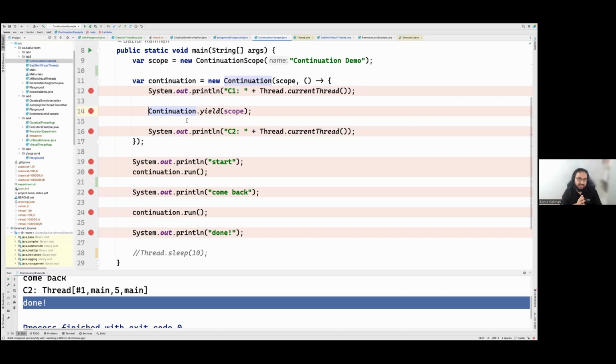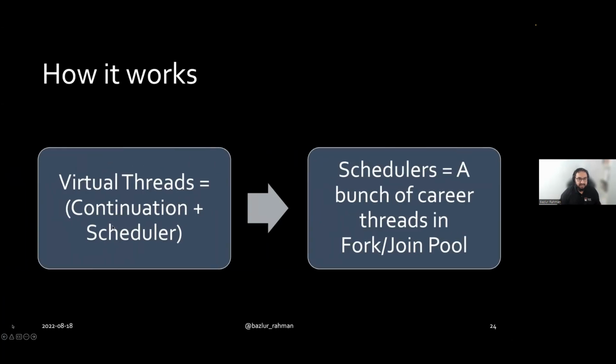highlights of the virtual thread. It uses continuation. A continuation can arbitrarily suspend itself, and our traditional classical thread keeps on working, and it's not wasting CPU. And over here, when I say that it's based on two things, which are continuation and scheduler, it uses the fork join pool. It was added in Java 8. So basically, the fork join pool will start with the number of CPUs available on your machine. For example, this computer has 10 CPU cores, so it will start with 10.